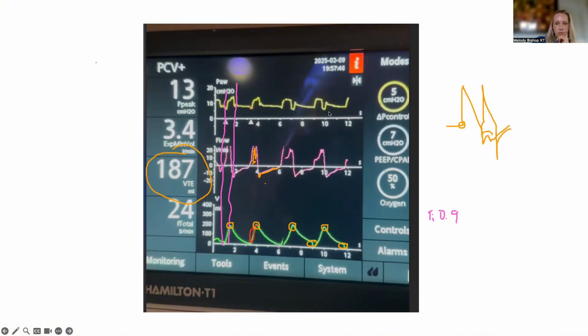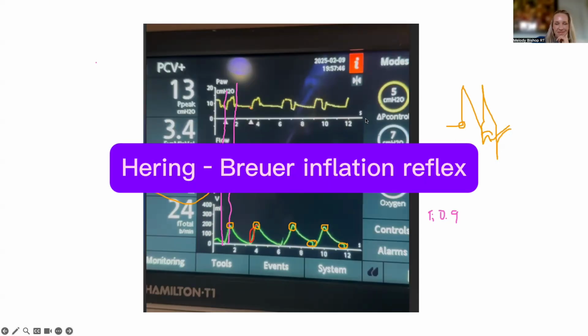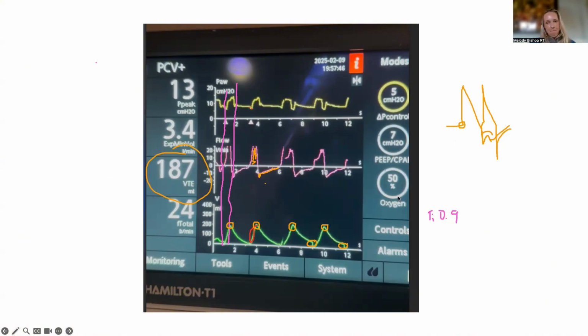Then what happens is the diaphragm gets loaded and it invokes this reflex called the Hering-Breuer reflex. I can't say it, but you can look it up. Then the diaphragm contracts, which is what you're seeing here. It's a violent, forceful contraction because it's pulling pressure out of the circuit. Then you have a pressure differential, so then you have flow, then you have a volume. That could be leading to auto-PEEP, which is then leading to low tidal volumes.